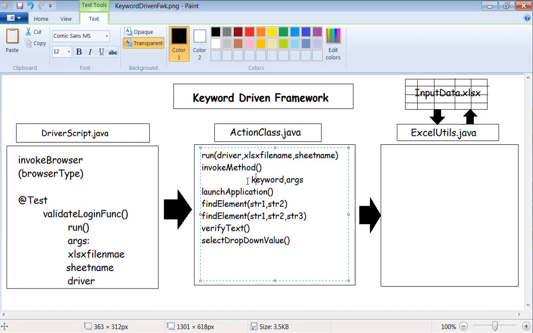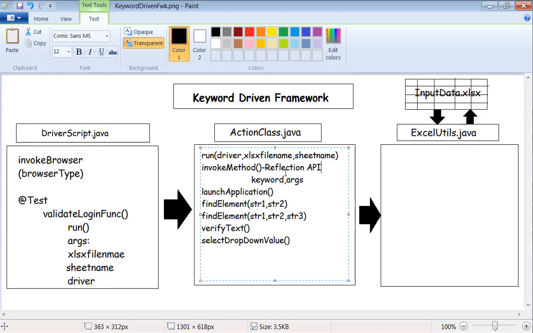Okay. And one more important thing we have implemented as part of this framework is, when you are trying to invoke the method, this is implemented using the reflection API, which is part of core Java. If you look into different frameworks, this invocation of the method will be done using if-else conditional statements or switch case.